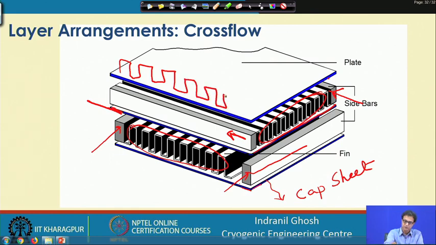Depending on the flow rate and the calculation of the number of layers, we have to put that many layers one on top of the other, and this whole assembly has to be put inside a fixture, so that it can be held rigidly